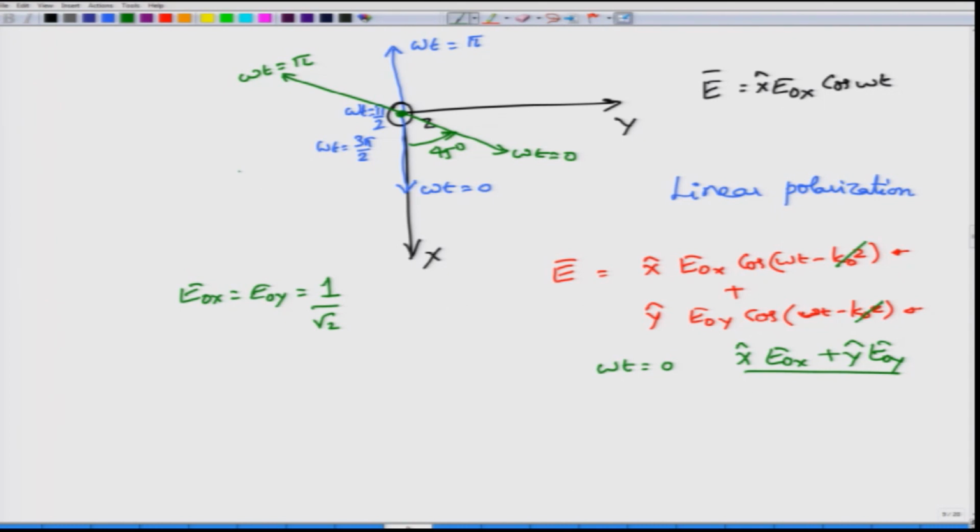Now, what you have seen is that the wave is linearly polarized because it is oscillating along a line, but the angle at which it is oscillating is 45 degrees. In general, the angle at which a linearly polarized wave would be oscillating is tan inverse of E0y by E0x, right. So, depending on the amplitude, your field component would be polarized in a line, but at an angle which is given by tan inverse of E0y by E0x. So, these are still linearly polarized waves, except at an angle of theta.